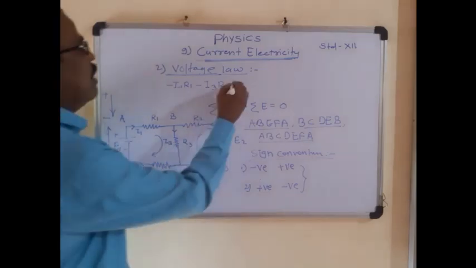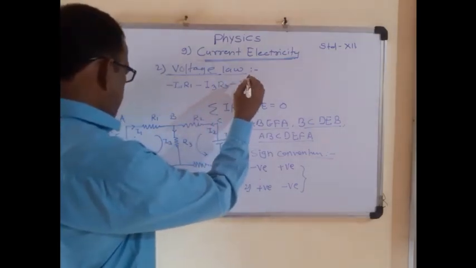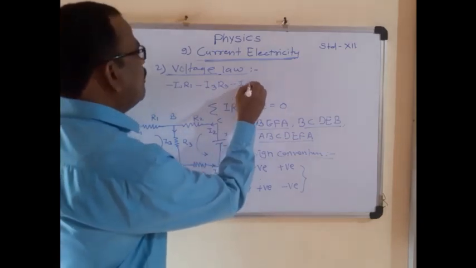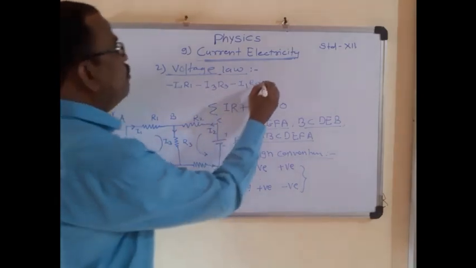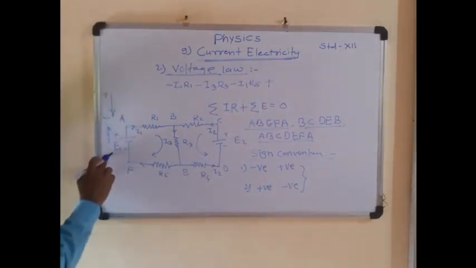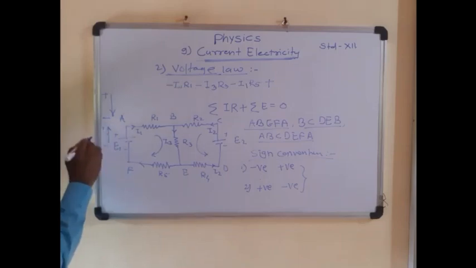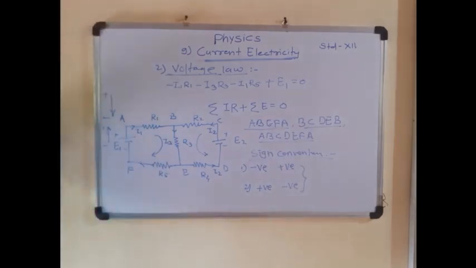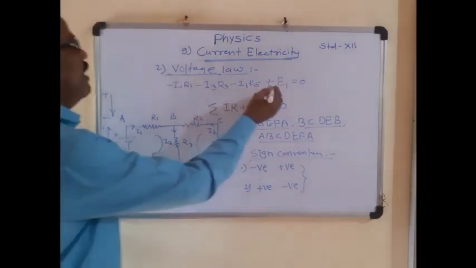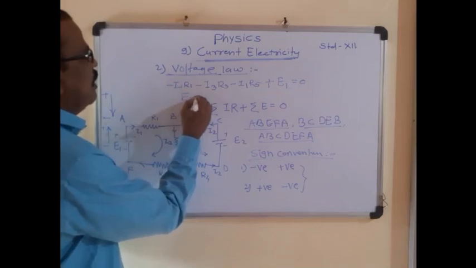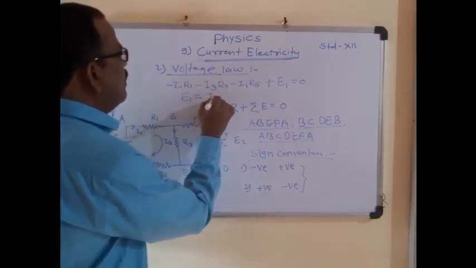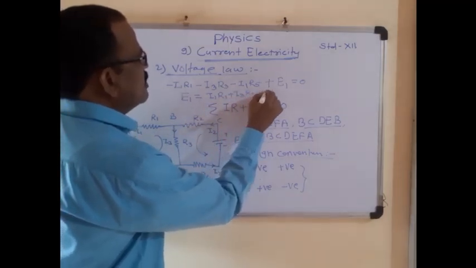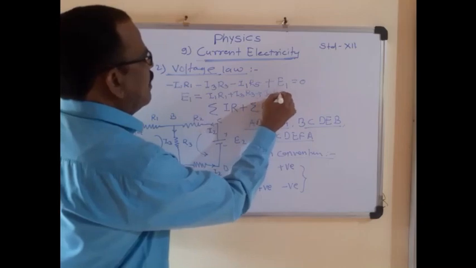Next, minus I1 R5, and plus electromotive force, negative to positive, which is taken as positive. Therefore, plus E1 is equal to 0. Therefore, E1 is equal to I1 R1 plus I3 R3 plus I1 R5,